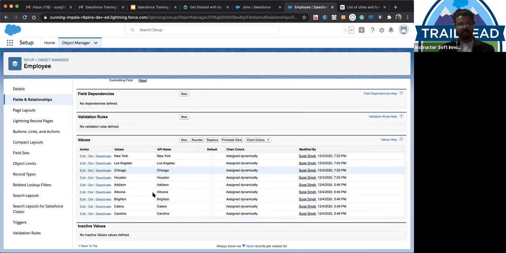So I added some of the cities related to West Alabama.